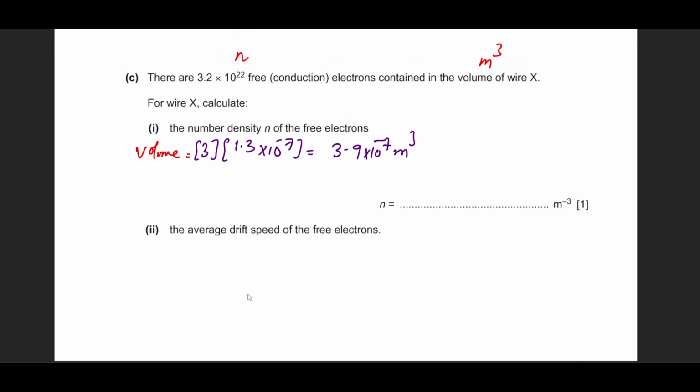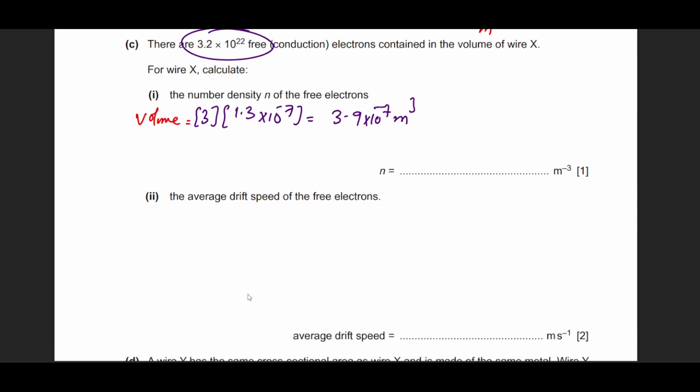Now, these are the total number of electrons existing in that wire. So if we want to find out the number density or the charge density, which is N, that will be the total number of electrons, which is 3.2 into 10 raised to the power 22, divided by the volume, that is 3.9 into 10 raised to the power minus 7. So that will be number of electrons divided by volume. This comes out as 8.2 into 10 raised to the power 28 electrons per unit volume,